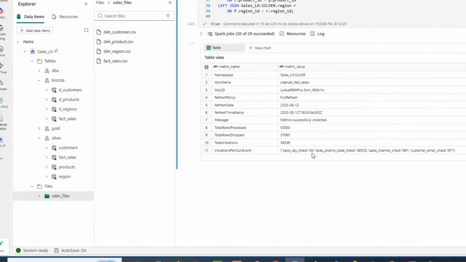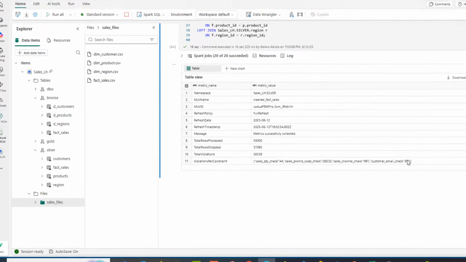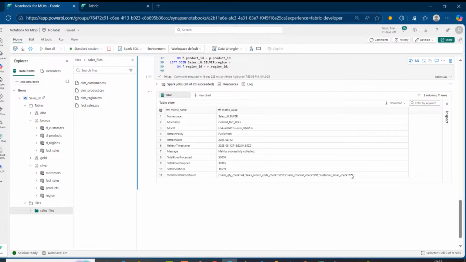So a total of 44 rows was dropped for the sales QT check constraint, and then a total of 36,533 was dropped for the promo code check, and a total of 991 was dropped for the sales channel check, and then the customer email check, a total of 971 rows was dropped. Absolutely awesome. Now, at this stage, we can go ahead and check our lineage view, and this is the interesting